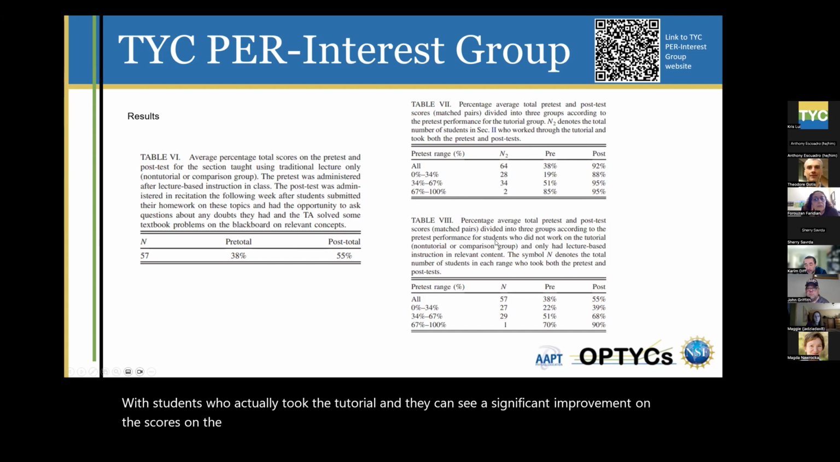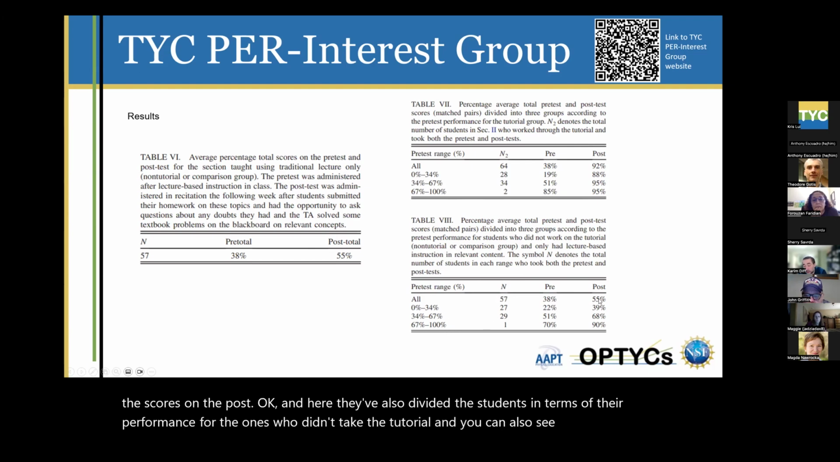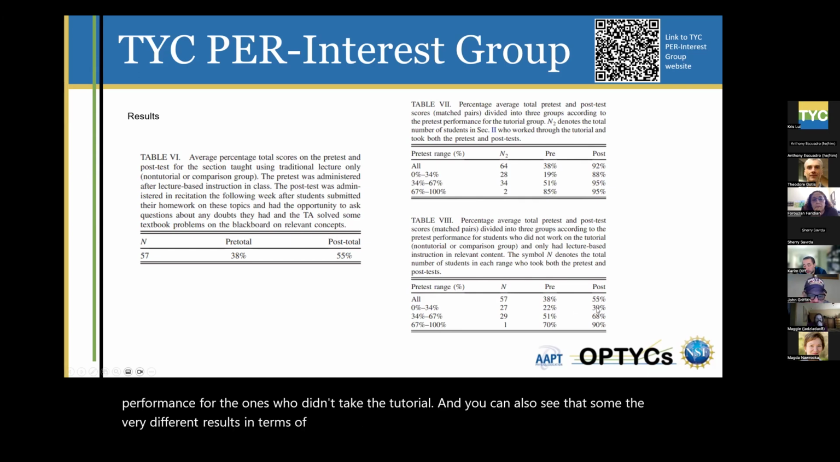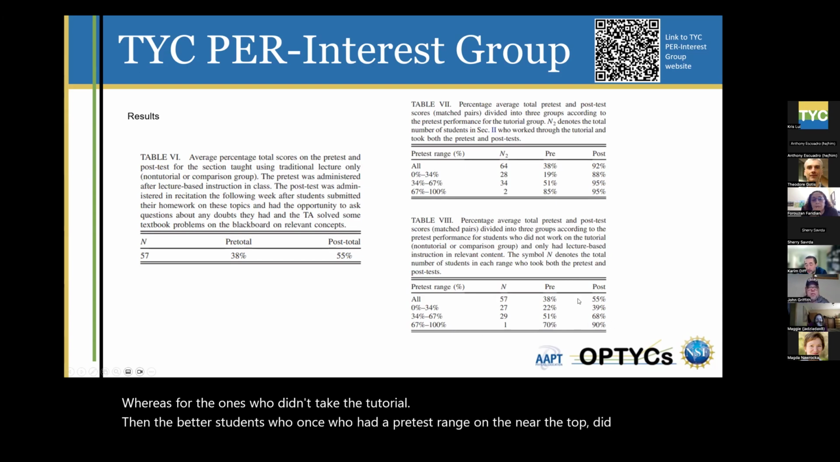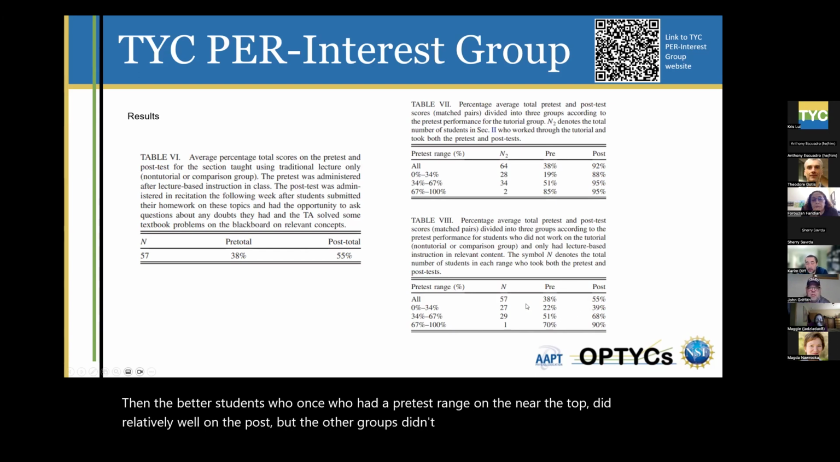Okay, and here they've also divided the students in terms of their performance, and you can see very different results in terms of the post-test scores. You can compare here for the ones who did take the tutorial, fairly uniform in the above 80%, whereas for the ones who didn't take the tutorial, the better students, the ones who had a pre-test range near the top, did relatively well on the post, but the other groups didn't do so well. Okay, so that was their